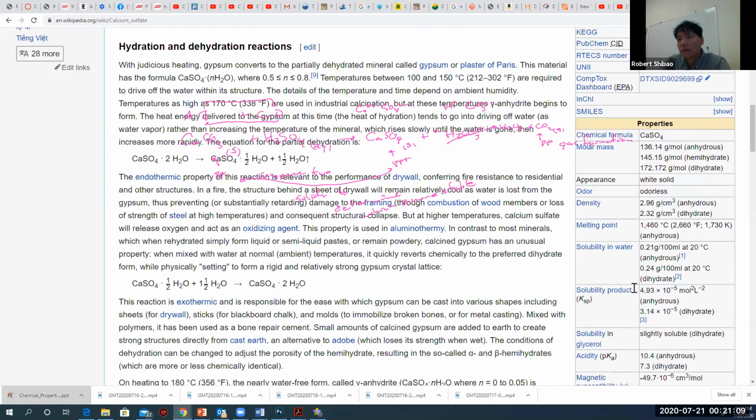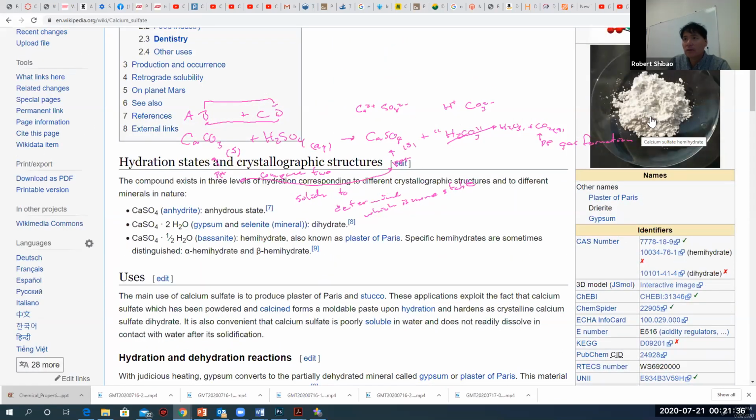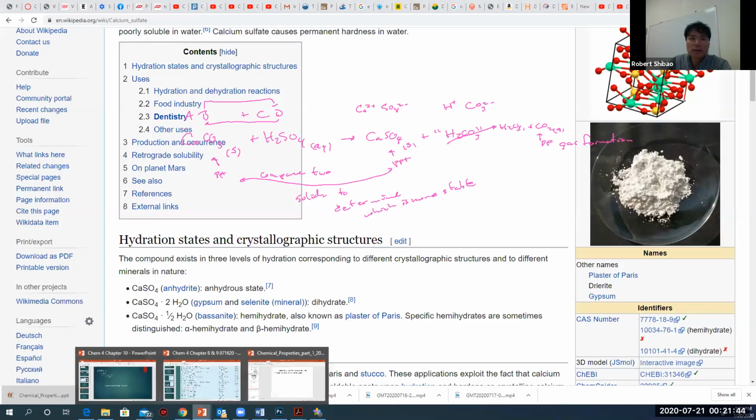This is not per liter, this is per 100 milliliters. So we have to multiply by 10 to get a liter, 1,000 milliliters. If we multiply the bottom by 10, we have to multiply the top by 10. And so it comes out to 2.1 grams per liter for the anhydrous form and 2.4 grams per liter for the dihydrate form. And so calcium sulfate is much more soluble in water than calcium carbonate. And so if we go back to our thing here,